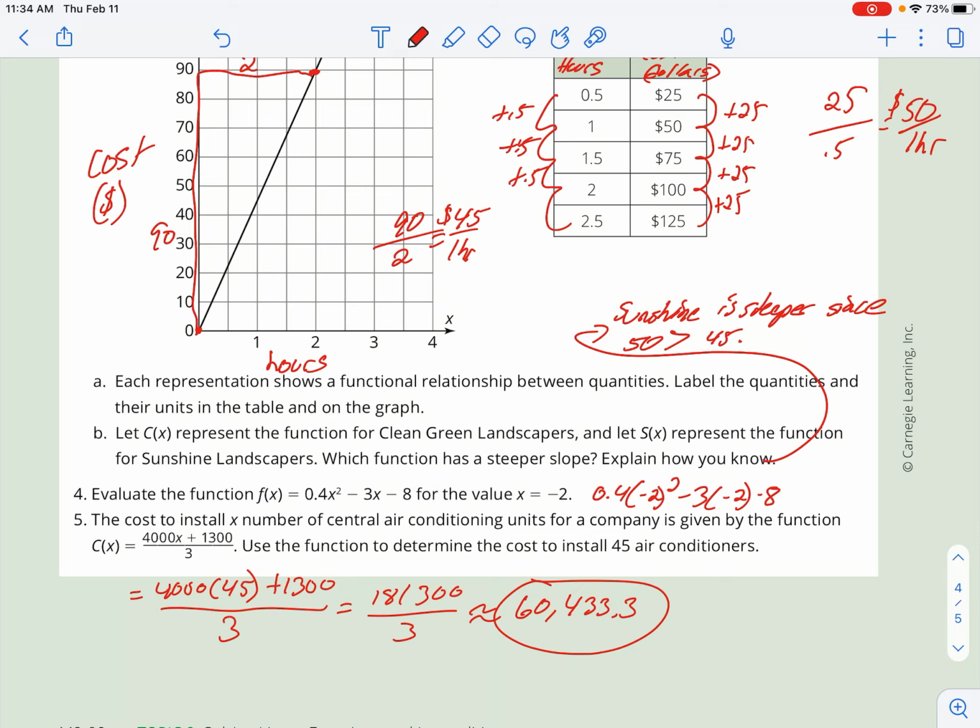0.4 parentheses, -2 squared, -3 parentheses, -2, -8. We do all that out, and the answer should be -0.4. Just evaluating: plug in the number, work it out, -0.4. Okay, and that's